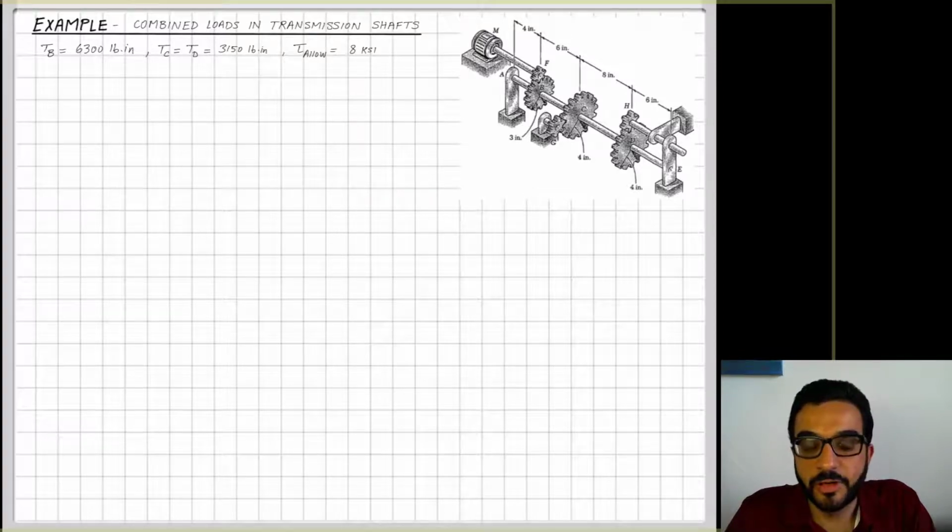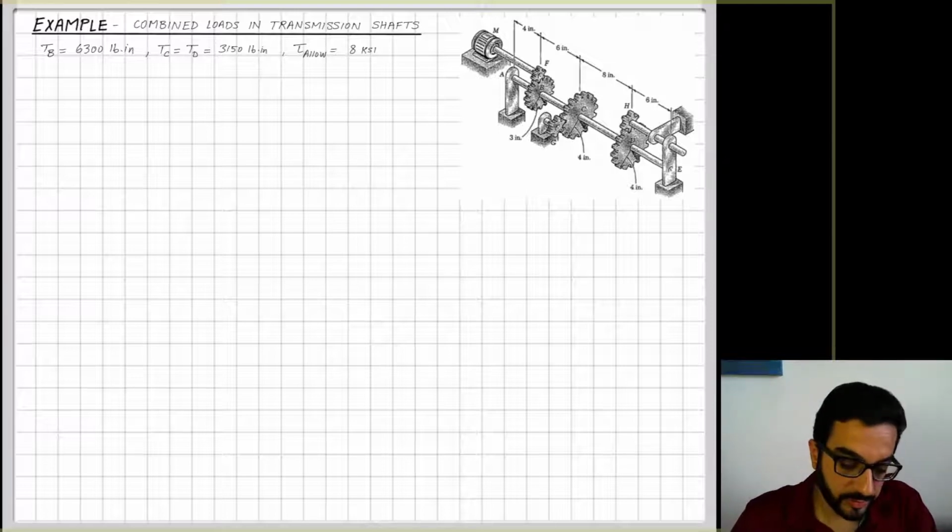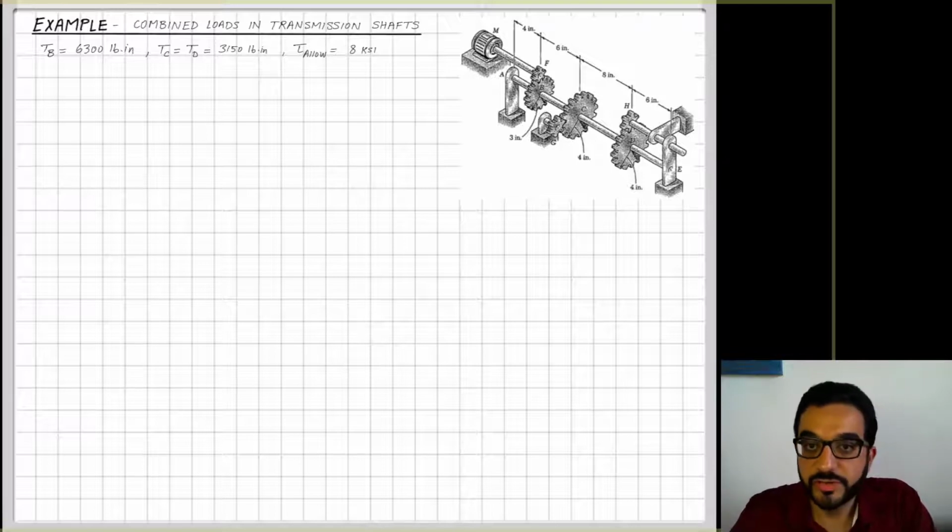We'll see an example of how we deal with combined loads in transmission shafts that will result in transverse stresses. Please check the other video where I explain the theory behind how to design a transmission shaft, considering that it's subject to combined loads. So in the problem description,